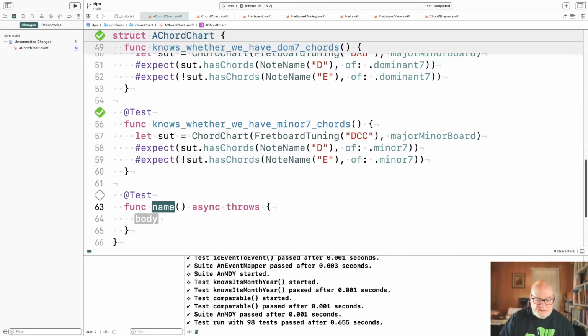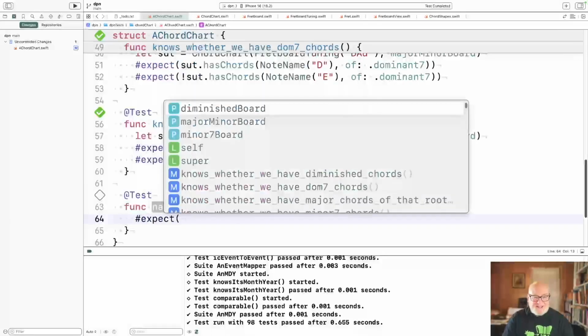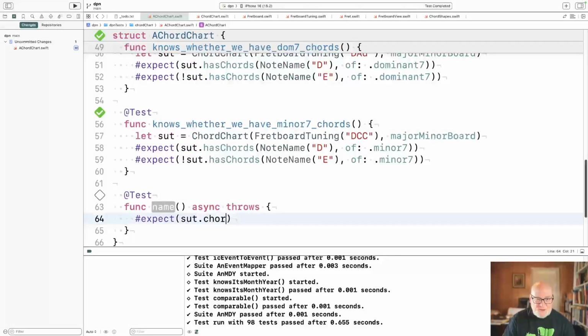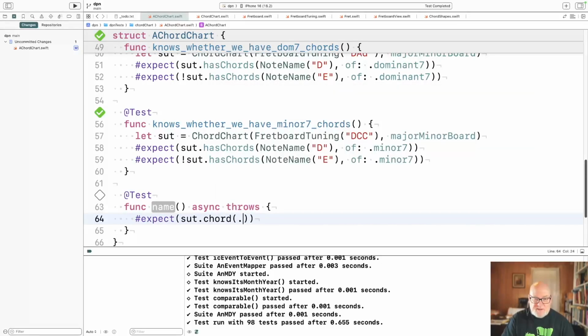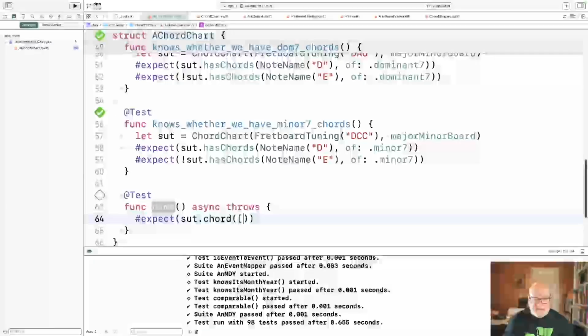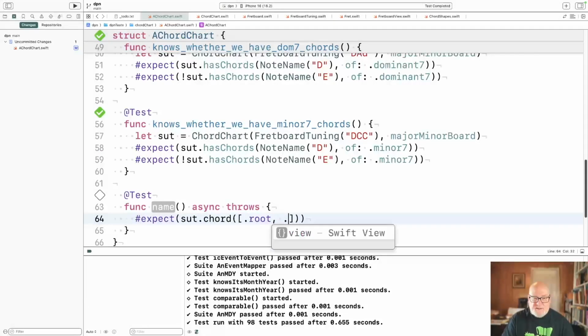So maybe let's start with the assertion. Sometimes that's a good place to begin. Okay, so if you say set.chord for, we're going to match the order to the string. So it's going to be root, and I think it's going to be an array. Root, third,